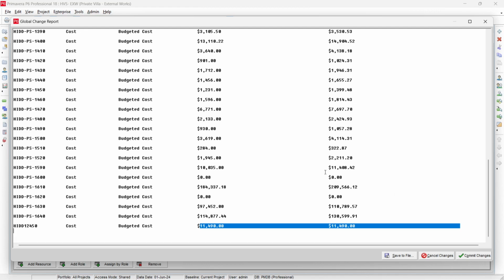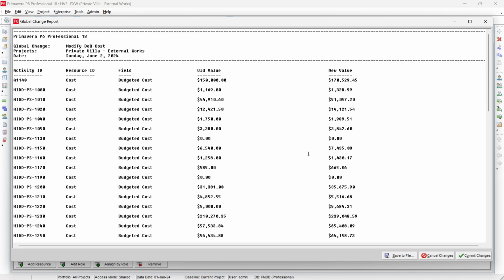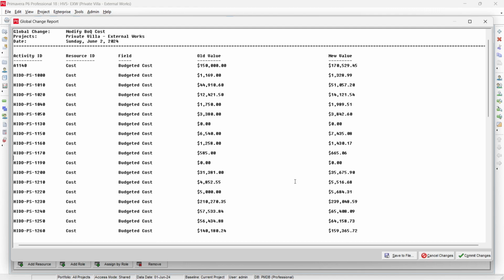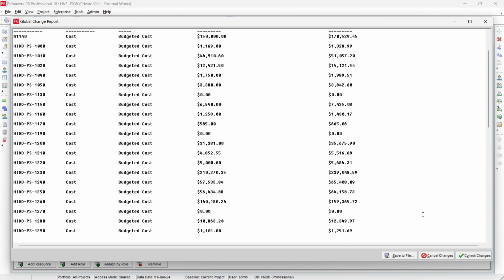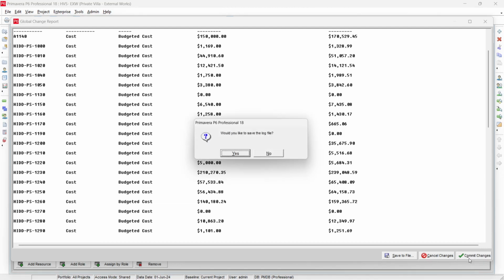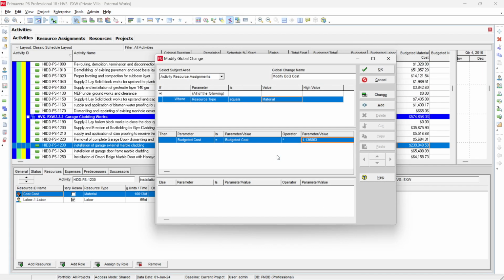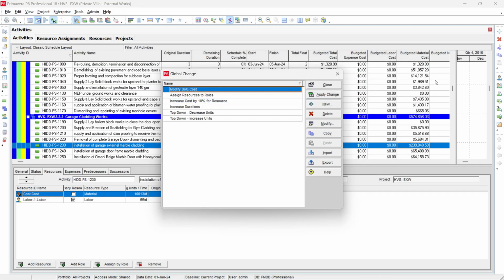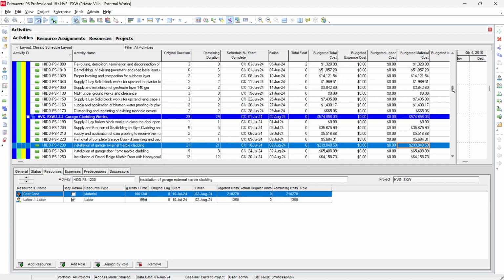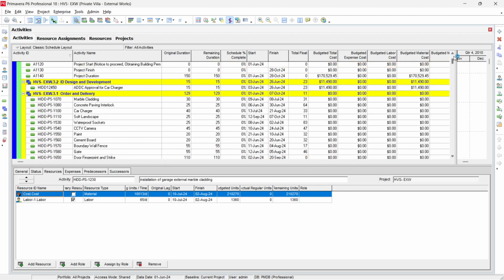So once you check the old and new values, you notice that most of the values are changed, and if the results seem satisfactory, then you can commit changes. When you click commit changes, it will ask you to save the log file. No need to save the log file. Just ignore it, select no, and then press OK. So once you click OK, you will see that our contract value is now